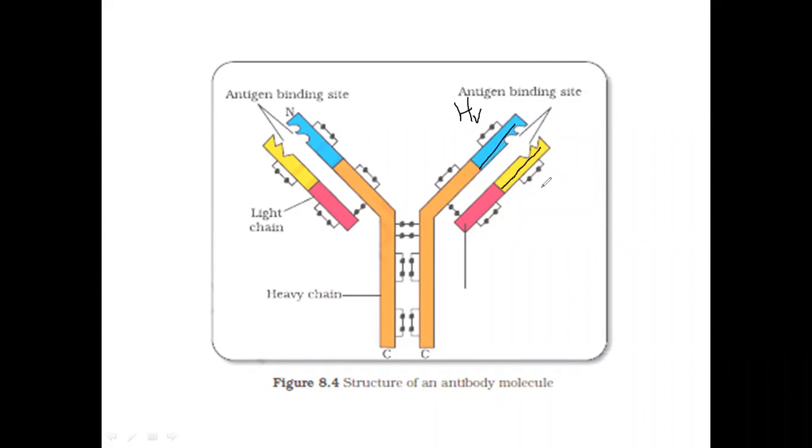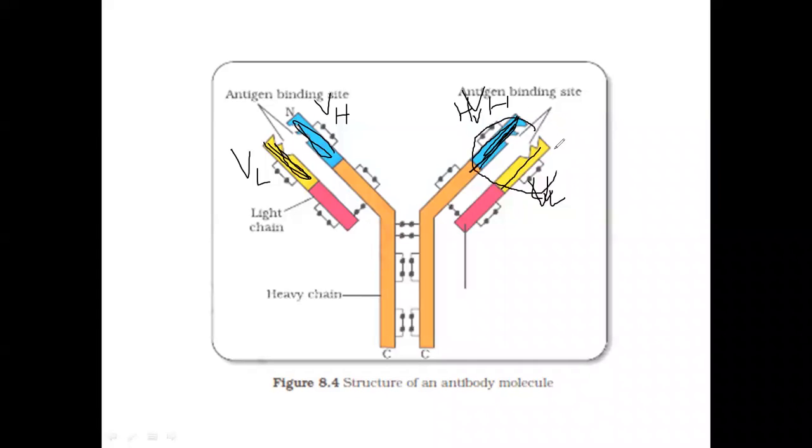Then this yellow color region is known as the variable region of the light chain. जो ब्लैक कलर का पार्ट हमने यहाँ पर दिखाया है ये वेरिएबल रीजन ऑफ लाइट चेन है, एज वेल एज वेरिएबल रीजन VH, ऑफ द हेवी चेन है। ओके, सो VH को VL कीजिए या LV कीजिए, कोई प्रॉब्लम नहीं।